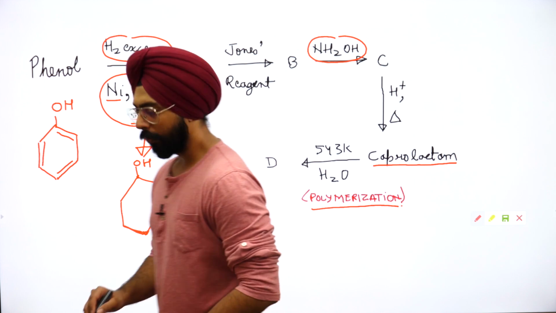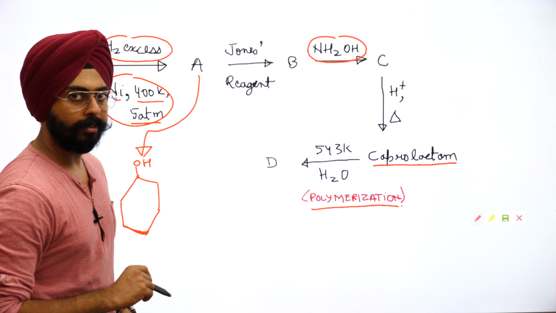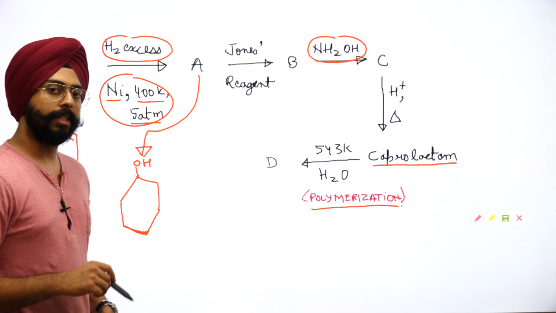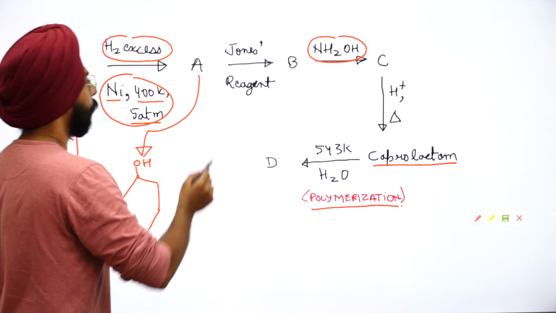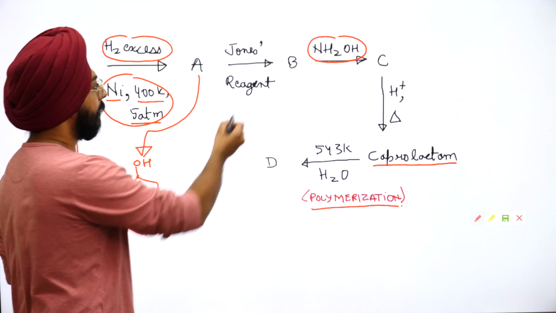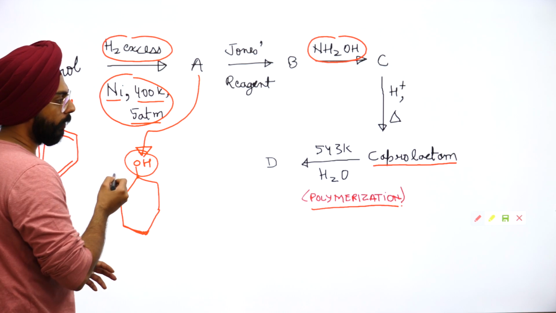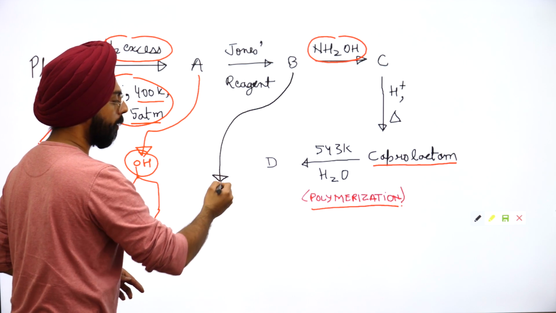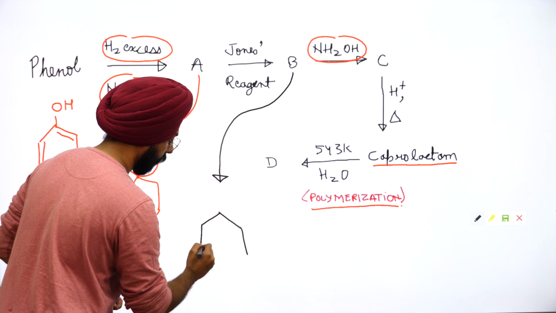ठीक है? Now what's gonna happen? You've got Jones reagent. People, what's Jones reagent? बताओ chat box में बताओ मेरे को. What is Jones reagent? Jones reagent is basically CrO3 in some acid. Yes. तो Jones reagent में क्या करेंगे अपन? This is basically a good oxidizing agent. यहाँ पे oxidize क्या होगा? This OH group will get oxidized. So let us make the compound B. Compound B is going to be this particular substance.